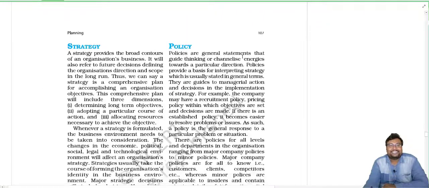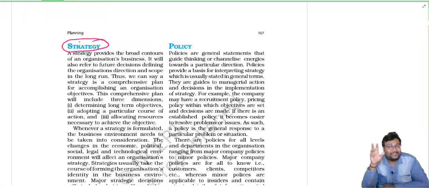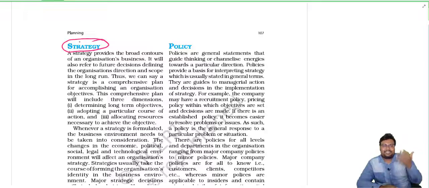Now the second one is what? Strategy. What we are generally making always. So strategy, what is what? Generally when strategy comes in your mind, it is coming for making the plan to defeat someone, and exactly the meaning of strategy is this only. Because generally this particular word was first used by the army in a particular war. They make a particular plan to defeat the opposite one, and there the strategy word comes.